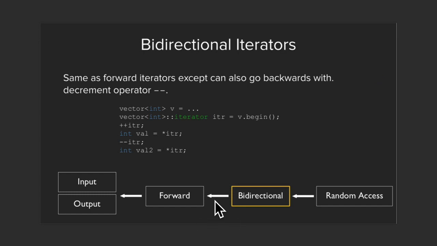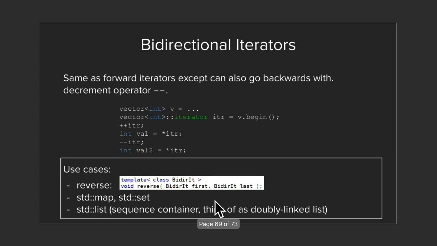Bi-directional iterator, same as a forward iterator, except you can also decrement. So you'll notice up to this point, we have never been able to do something like iterator minus minus. It turns out this is only possible with bi-directional and random access iterators. And a case where you might see a bi-directional iterator is the function reverse, where you want to take a collection and reverse all of the elements, then of course you want to be able to move back and forth. Maps and sets are actually also implemented using bidirectional iterators. You can decrement your iterator, you can move forward, but you'll see soon why they aren't random access iterators,